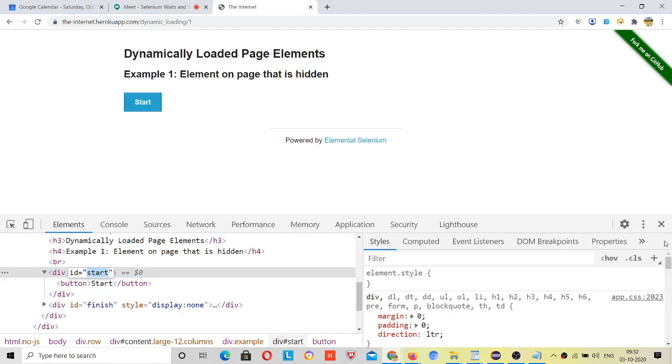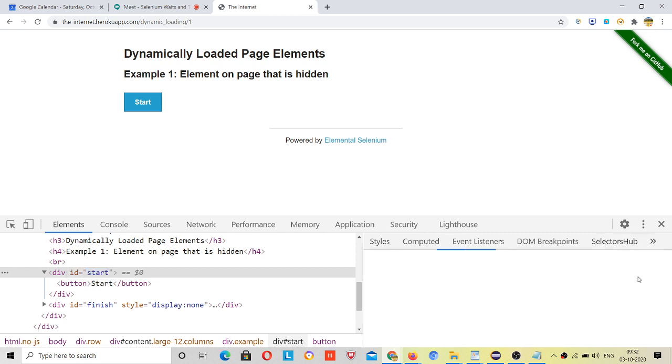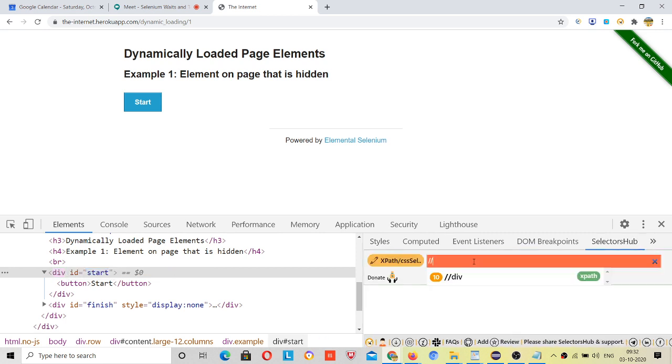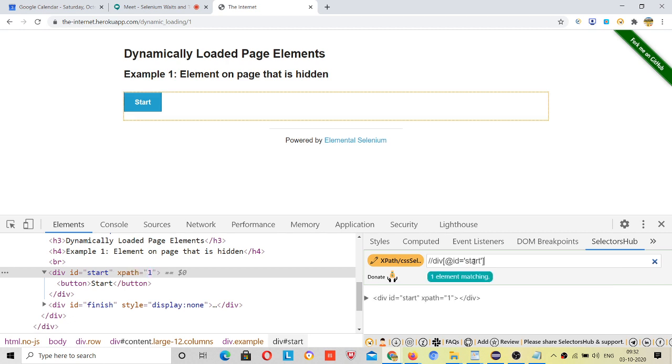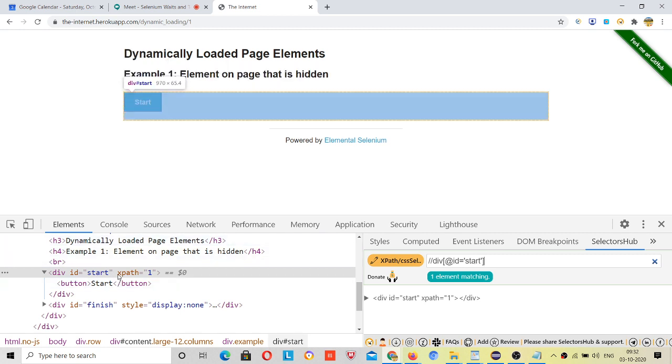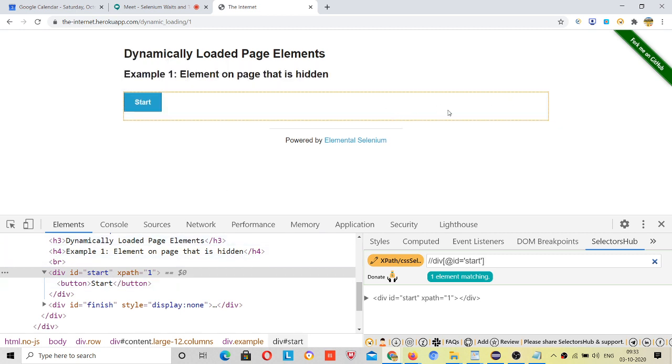Let me first write a locator for this. If I want to click on this, double slash tag, id is equal to this. I just want to click on this button only. This is highlighting the whole area, so let me use this start, right?